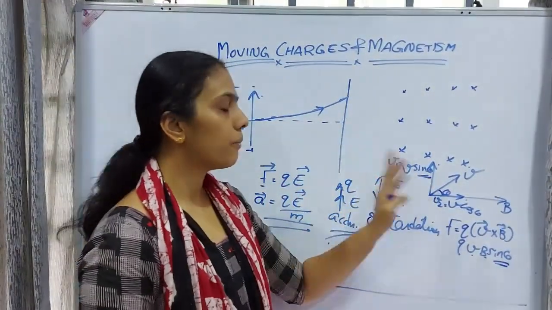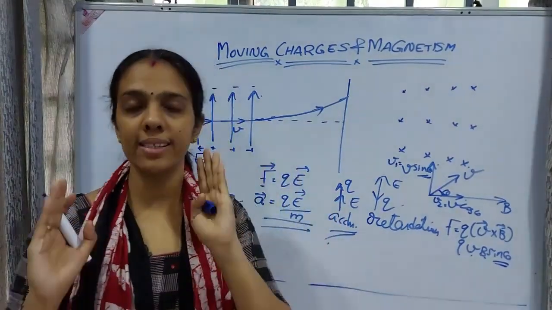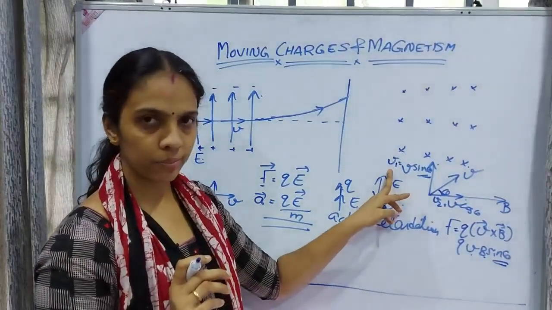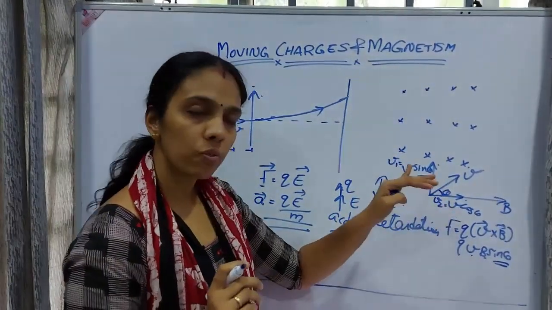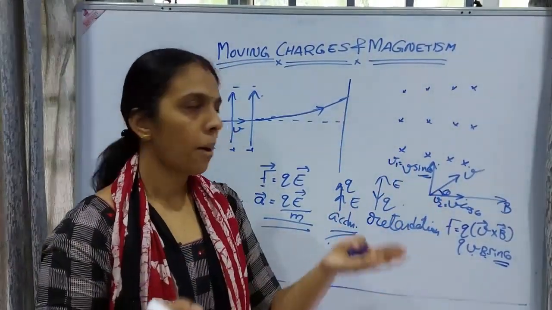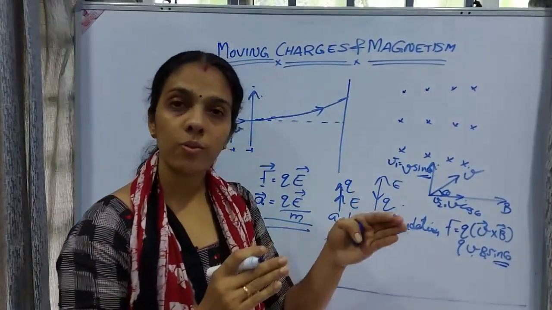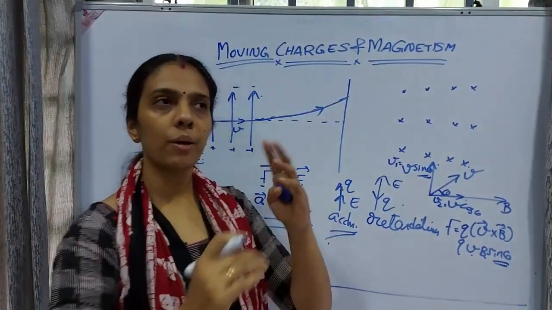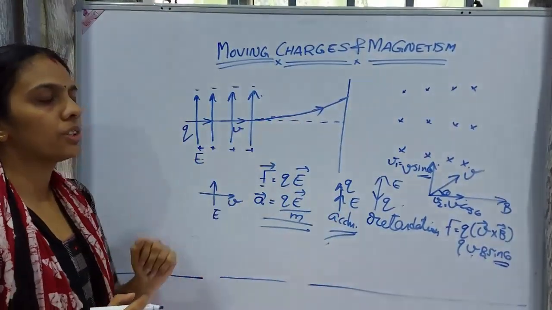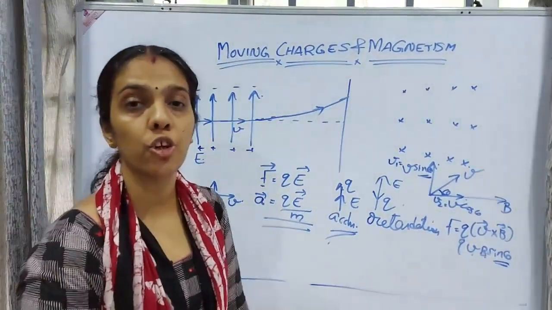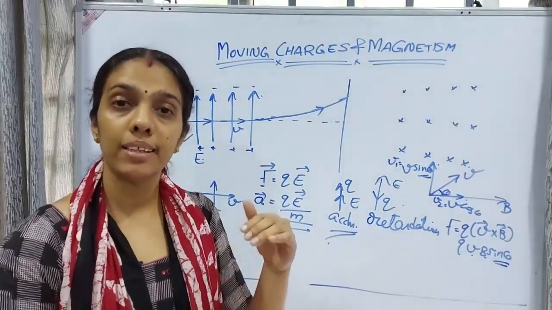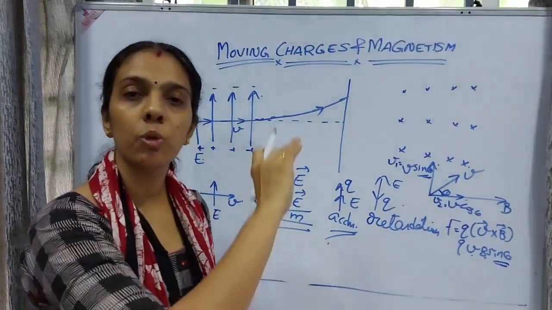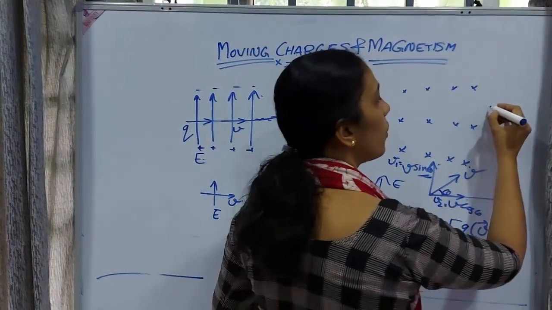Okay, so here V1 is equal to V sin theta. So instead of V sin theta, from now onwards I will say only V1. Because of V2, no force will be there. Because of V1, force will be acting on the particle. And considering the direction of motion of the particle, it will be moving on the plane of paper.